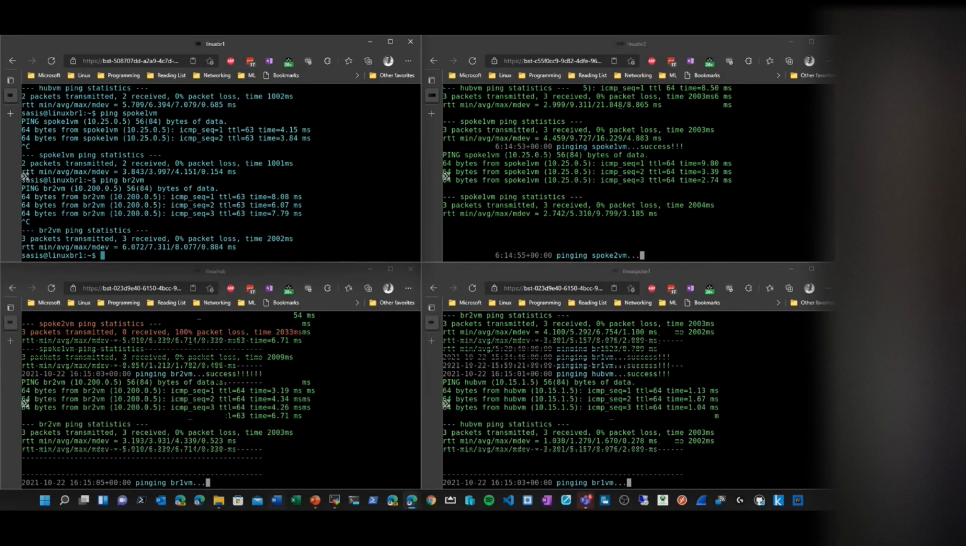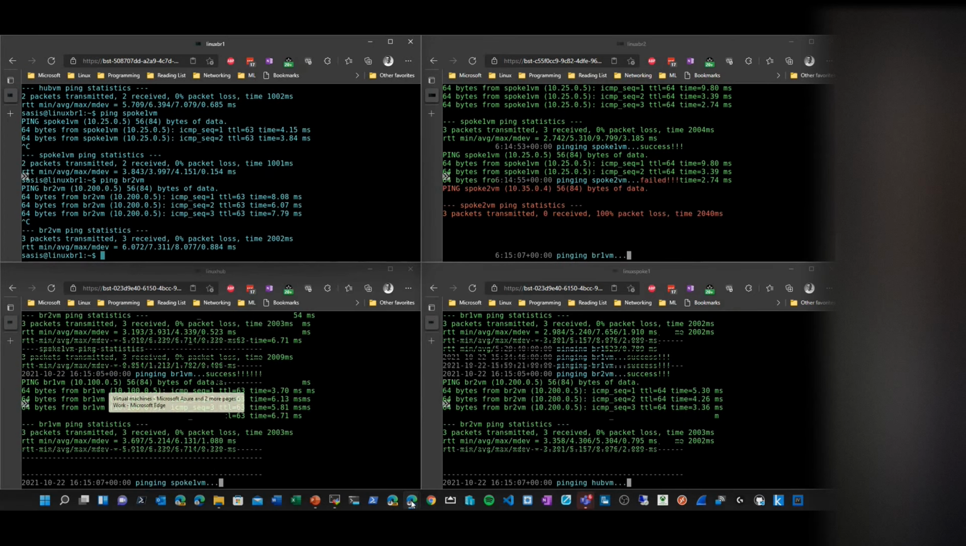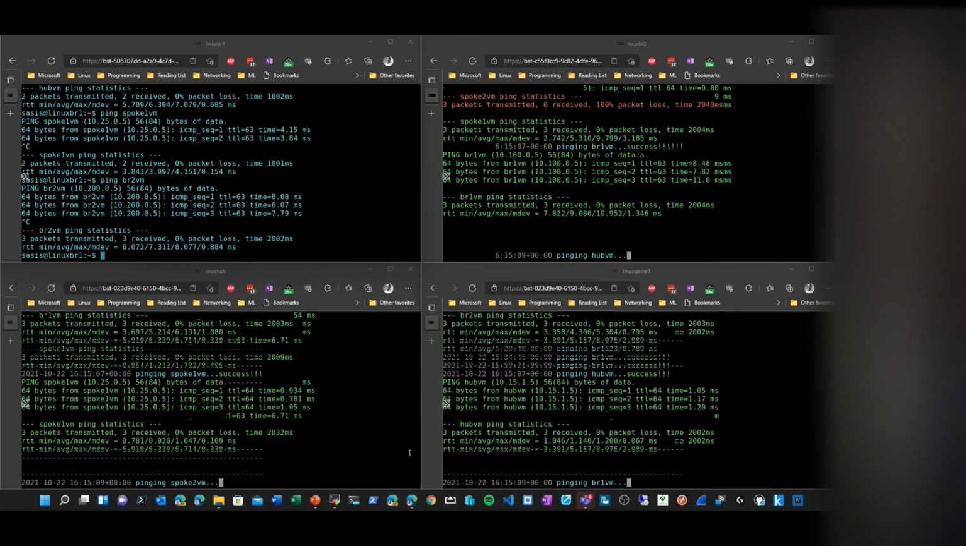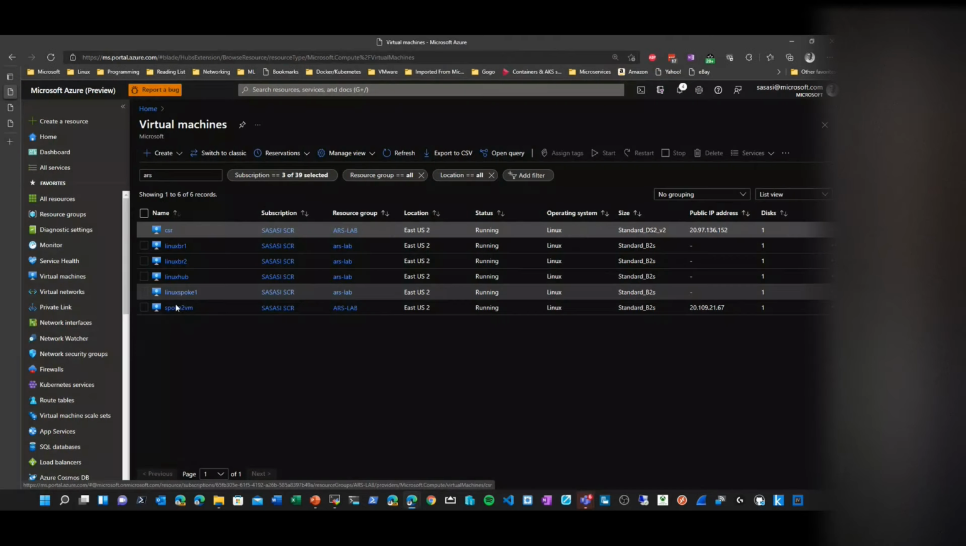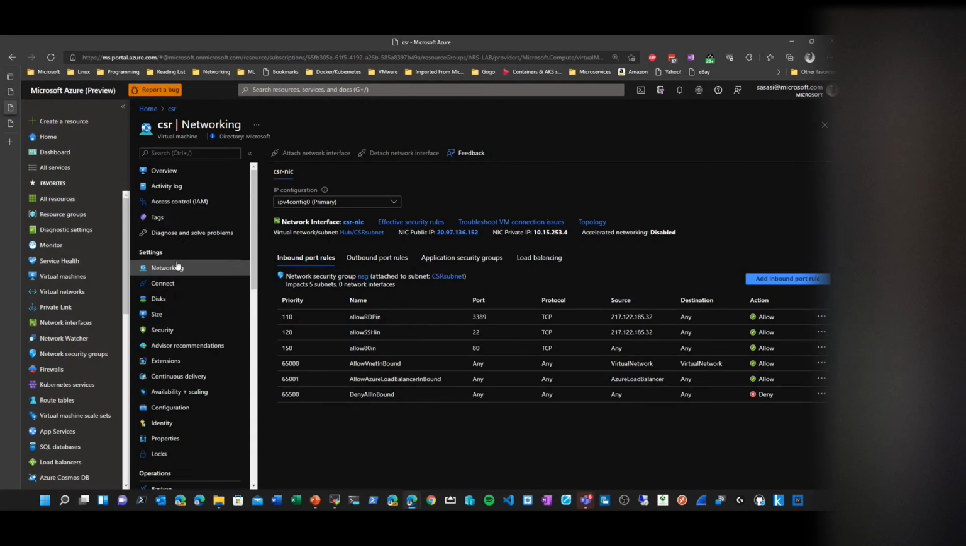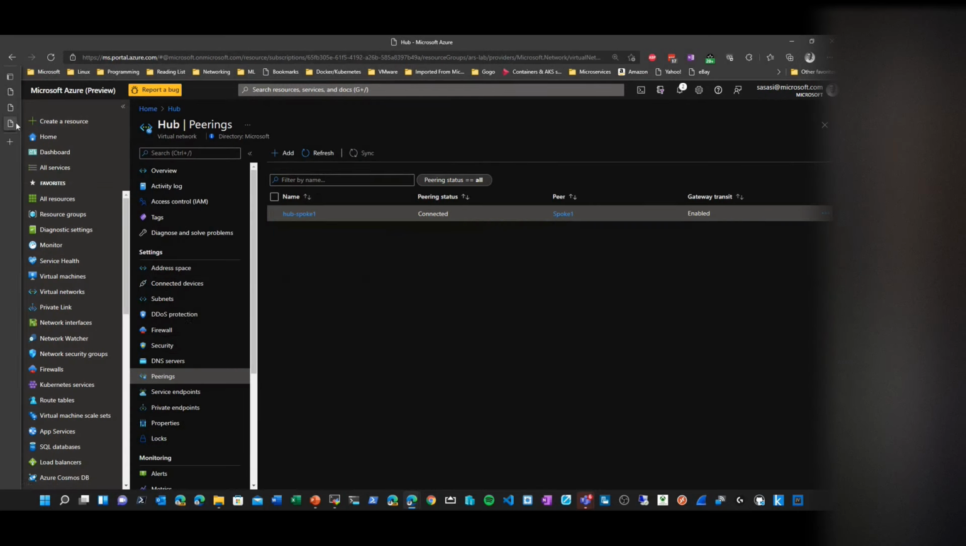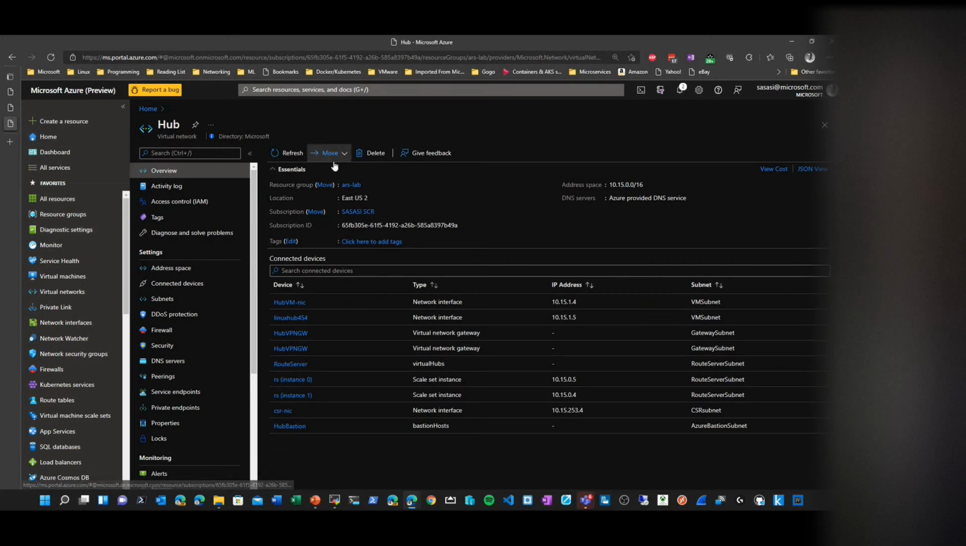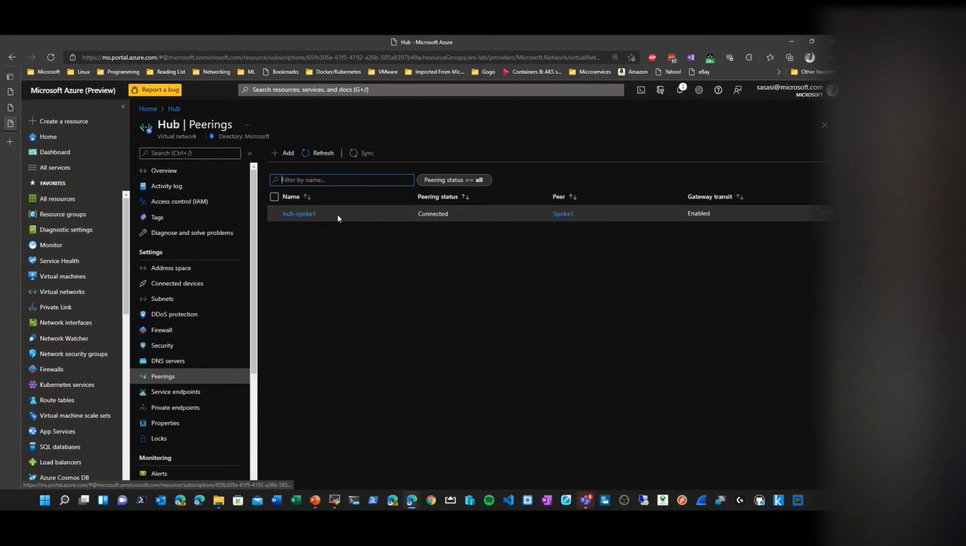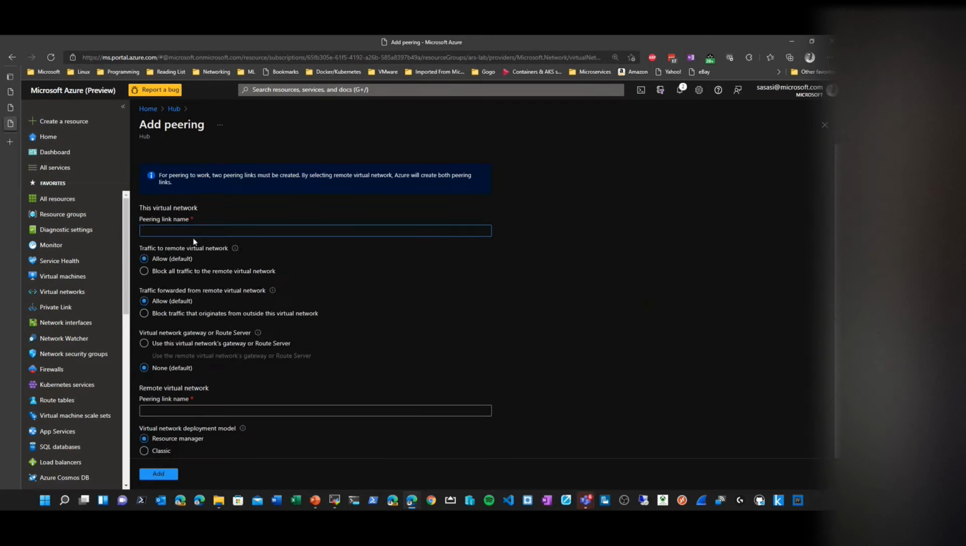But if you were to look at my configuration, as I mentioned before, if you were to look at the spoke VM that I have sitting in spoke 2, it is not peered. If you were to look at the hub, it is only peered to spoke 1, right? And if I were to add the peering here, say, hub,